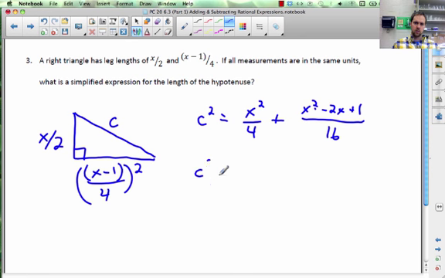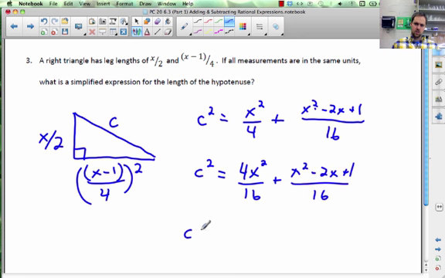Okay, so c squared equals 4x squared over 16 plus x squared minus 2x plus 1 over 16. c squared equals 4x squared plus x squared is 5x squared minus 2x plus 1